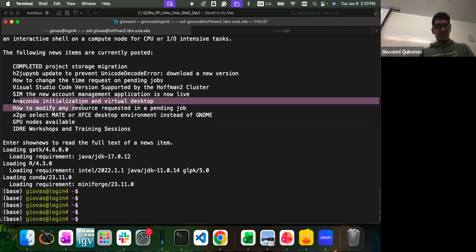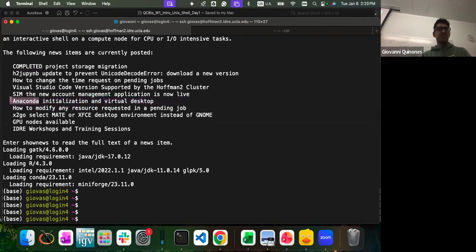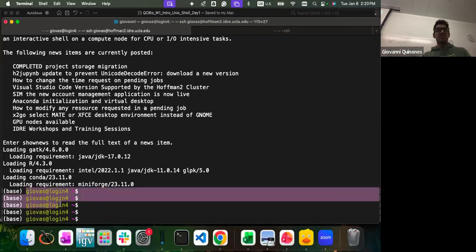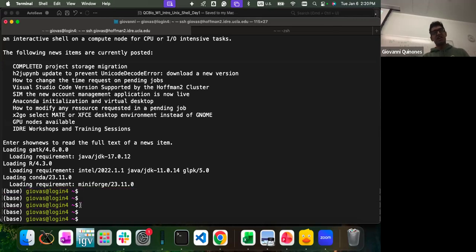Let's see, Anaconda initialization, virtual desktop. Anaconda is software that allows you to create environments. Do any of you see this base at the beginning of your username? No? Okay, it may not always show up. Does it show in color for you? Probably not either, right? So these are things you can change.